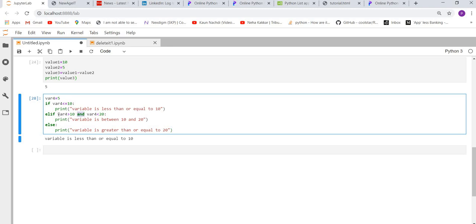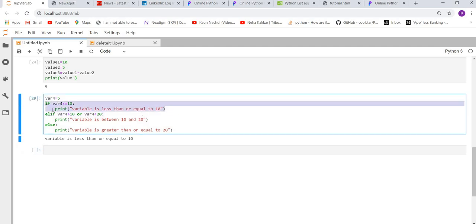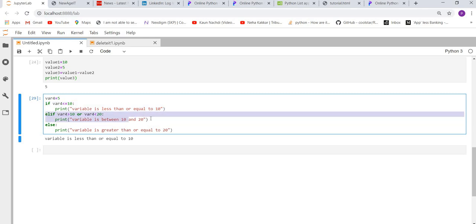So the second thing which we have done is AND. What are and, or conditions in Python? If this is true as well as this is true, and means both the conditions have to be true. If we had put in or over here, even if one of these conditions were true, it would eventually trigger this code. It is again saying less than 10 because the value is less than 10. This condition has been satisfied. The code never moved to the second line. If it had, it would have printed this one, because one of these conditions was being satisfied.